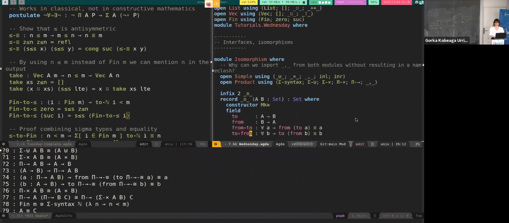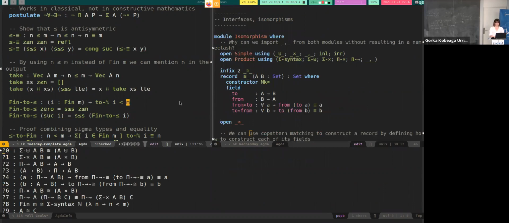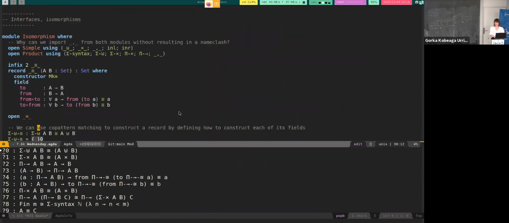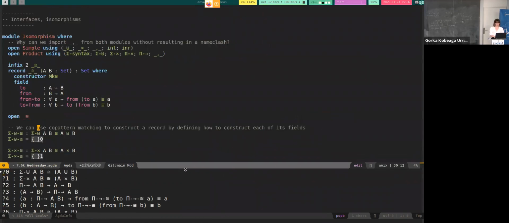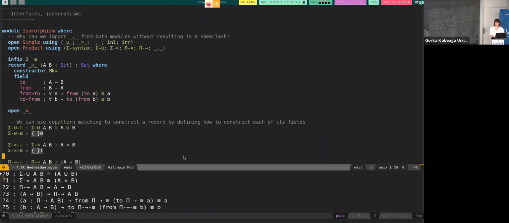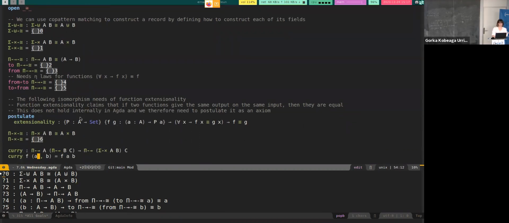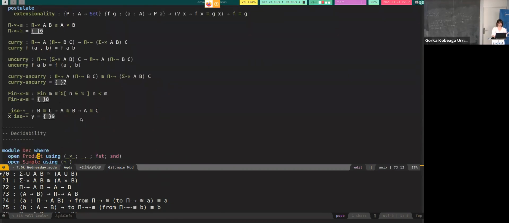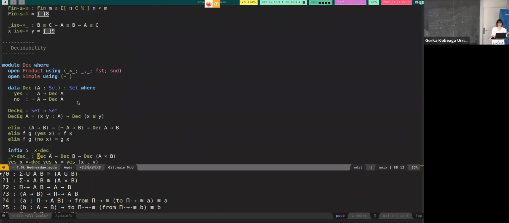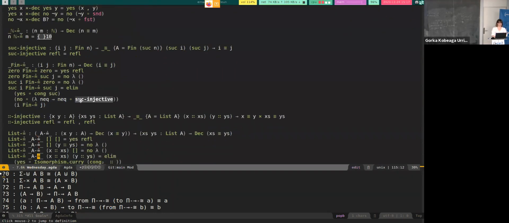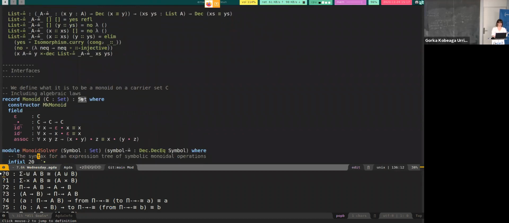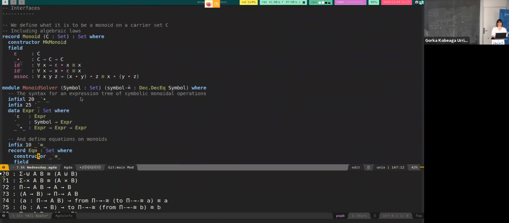One is to use types to describe what an isomorphism is between two types. Then prove a bunch of isomorphisms between things that we defined so far. Then introduce what decidability is, and then I'm not sure we will finish this today, but I want to present